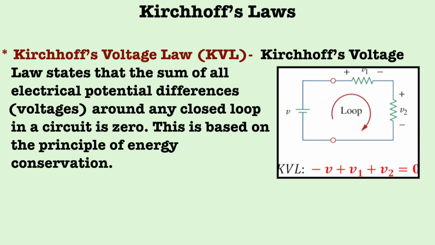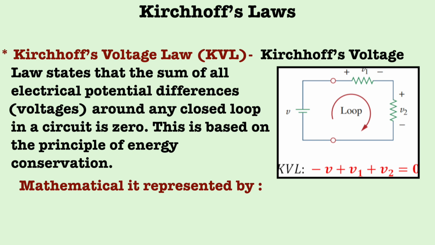Kirchhoff's voltage law states that the sum of all electrical potential differences, or you can say voltages, around any closed loop in a circuit is zero. This is based on the principle of energy conservation. Mathematically, it is represented as sigma Vi = 0, where i ranges from 1 to n, where Vi represents the voltage across each element in the loop, or you can say the algebraic sum of voltages in a closed path is